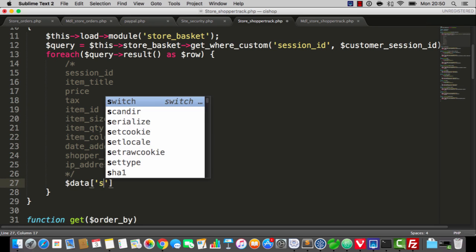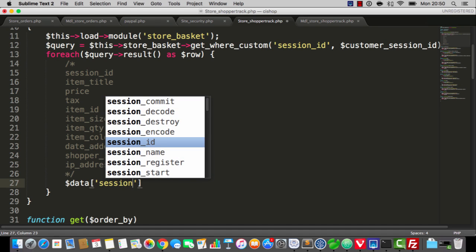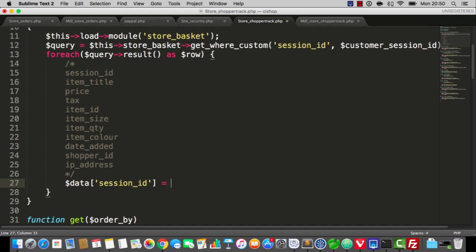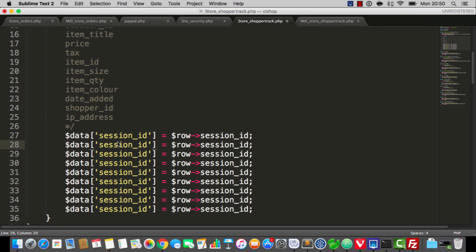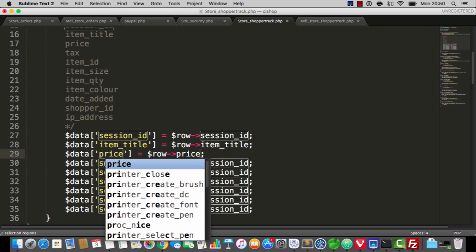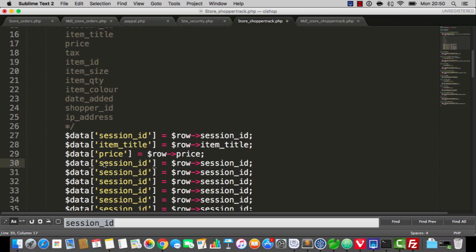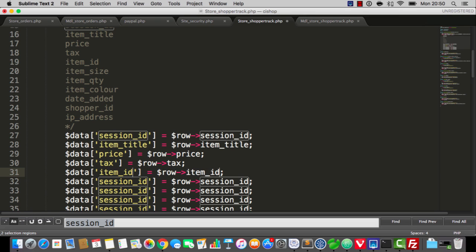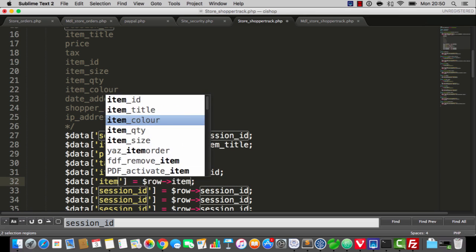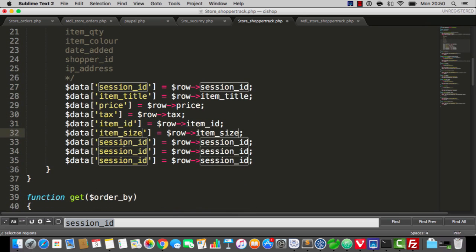So I'm going to say data session ID equals row session ID, okay? And I'm just going to do this with all of those variables here. So we've got item title, then we've got price, we've got tax. I don't think we did anything with tax, but we'll chuck it in anyway. We've got item ID, we've got item size, then we've got item quantity,